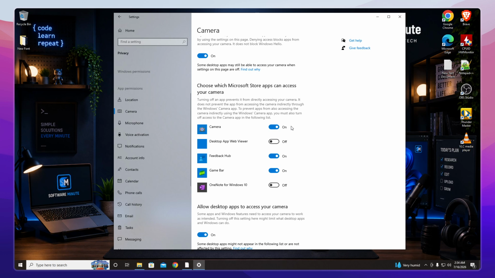And that's it! You've successfully enabled your camera on Windows 11 and it's now available for use with your chosen